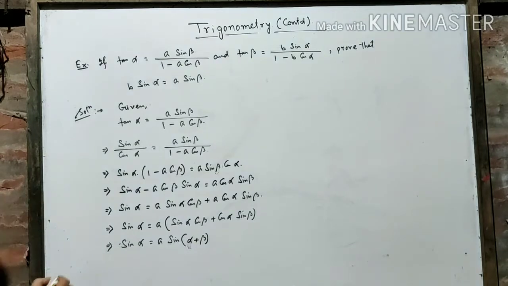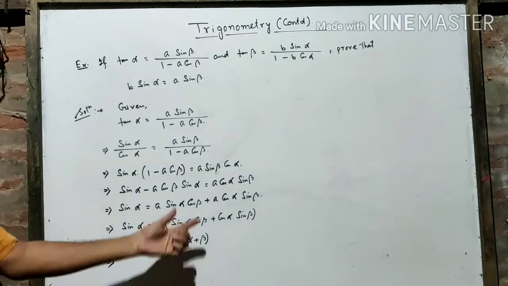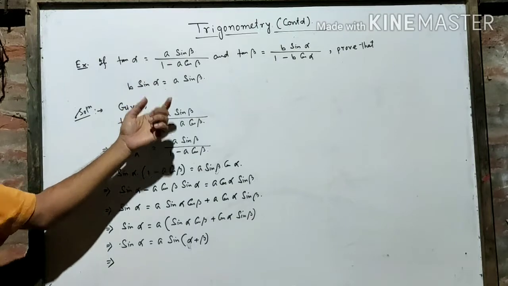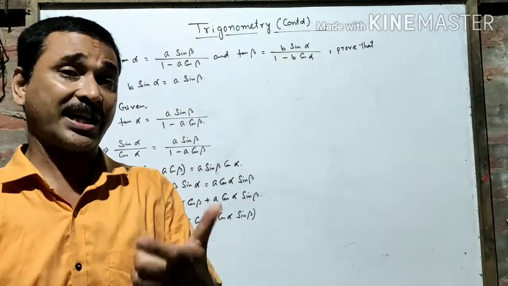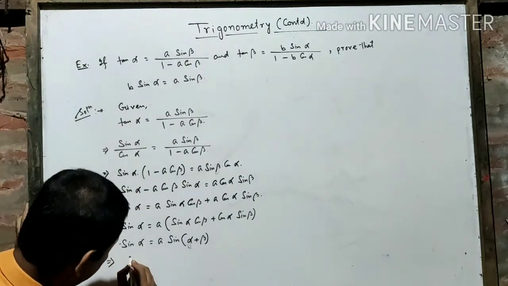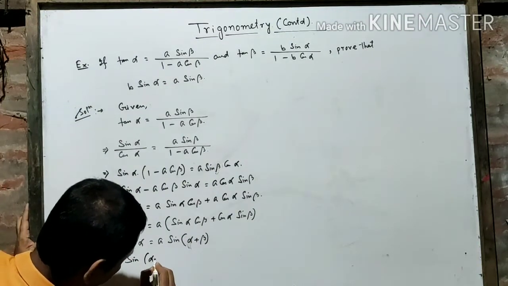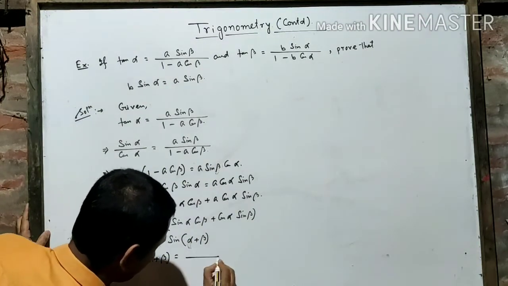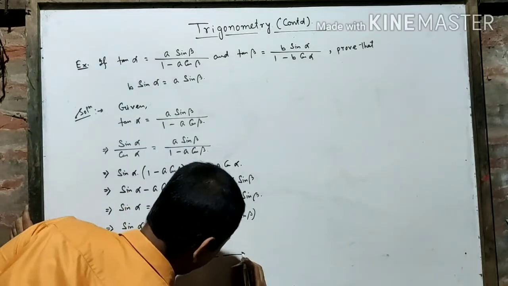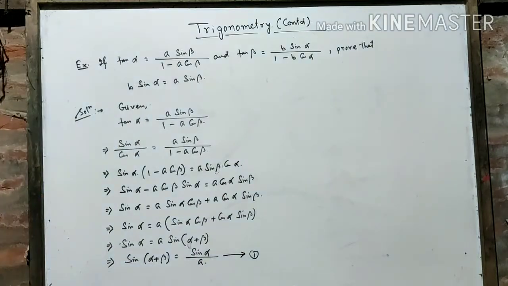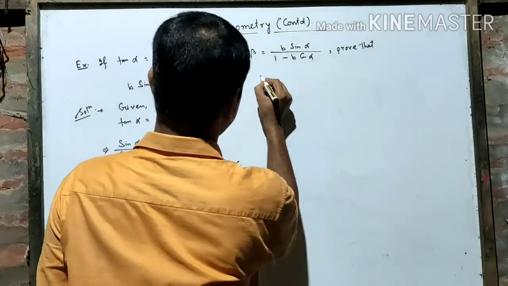Okay, so the value of the result does not include sin of alpha plus beta. So we will try to eliminate sin of alpha plus beta. So let's find the value of sin of alpha plus beta is equal to sin alpha by a. Now from the second relation,